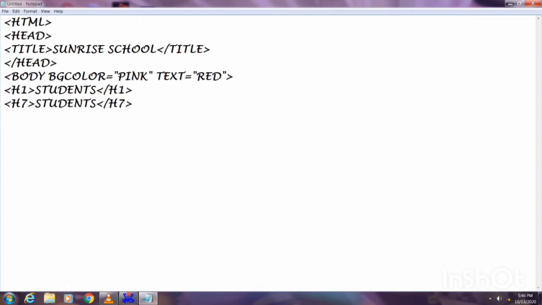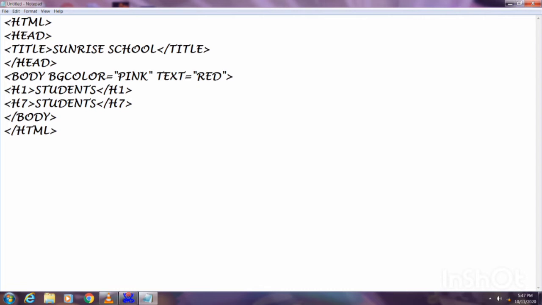Then I will close the body section. This is the closing tag of body having a forward slash. Okay. Now I have completed my work. Then I will complete the document by using a forward slash in writing the HTML tag. It means it is the completion of the document of one web page. Okay, I have started the HTML document with the HTML starting tag and ended it with the HTML ending tag. After that I will save it.